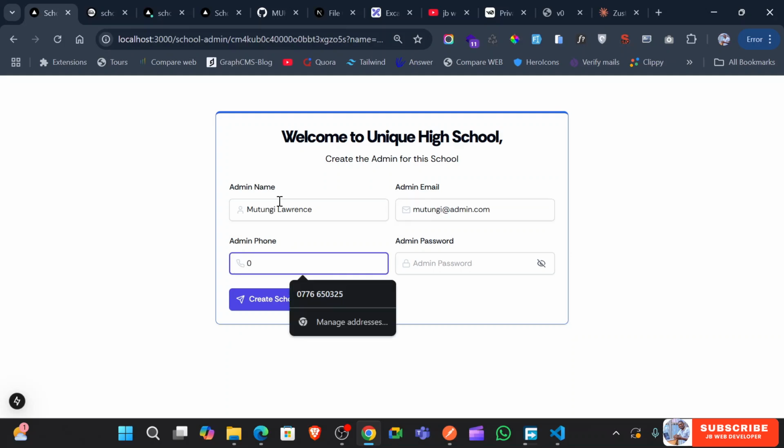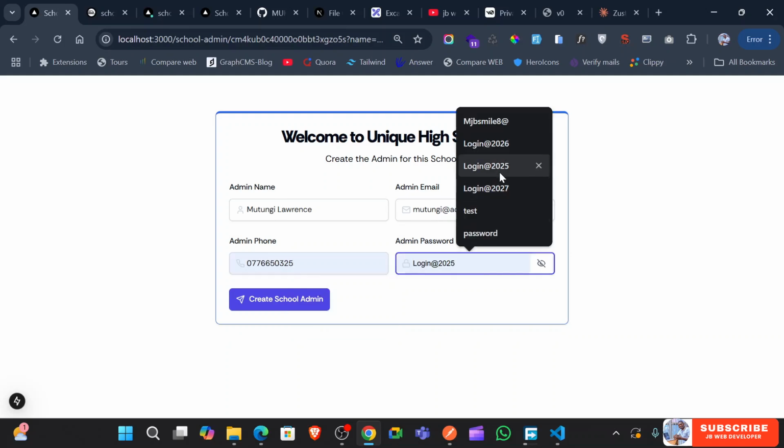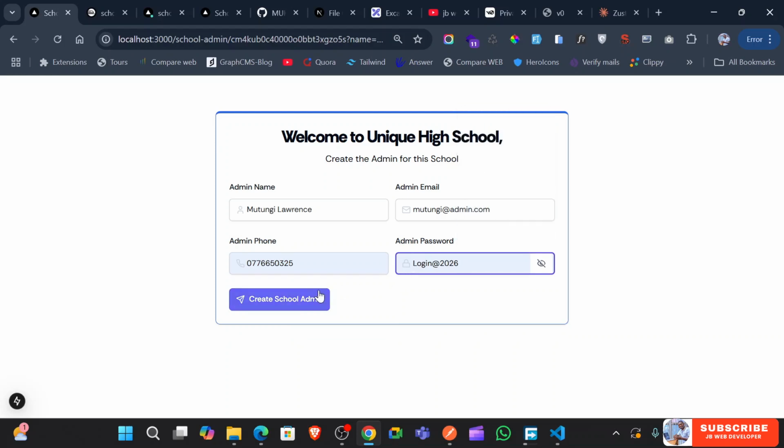Phone number is going to be this, and the password, let's say login 2026, and let's create this admin for Unique High School. Okay, so successfully this will now